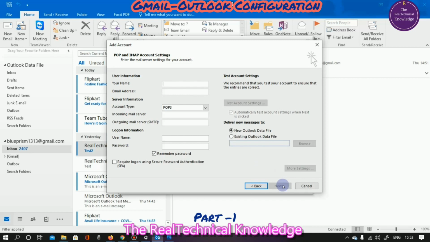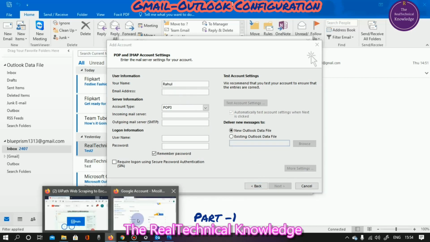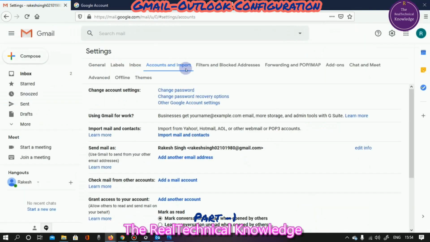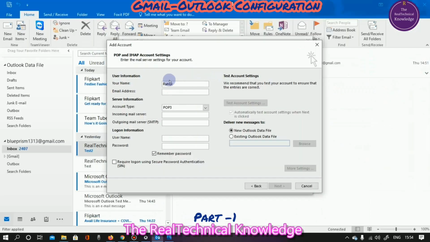On the very next window, it will ask you to update multiple pieces of information such as user information, server information and login information. So now I am going to put a name which is going to be displayed on your Outlook. I need to pull that email account first. So let me put the same name over there, Rakesh Singh.